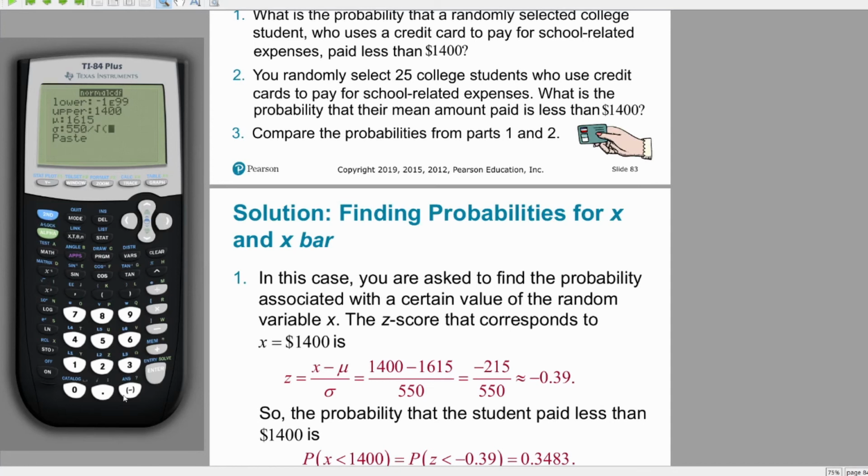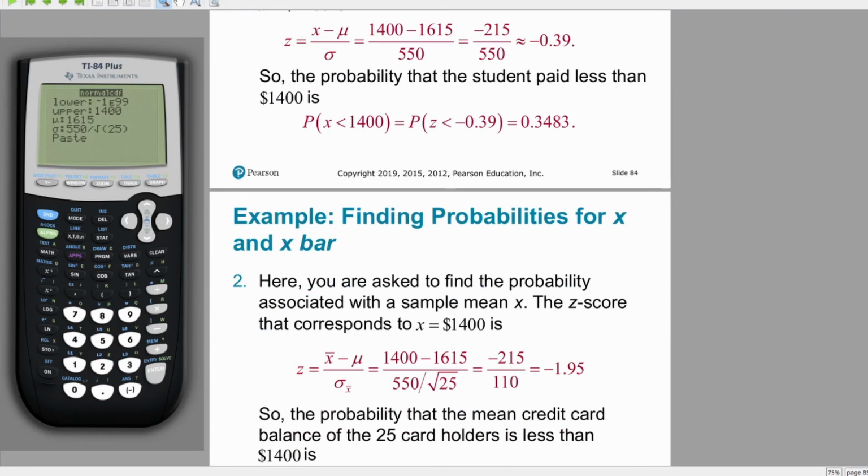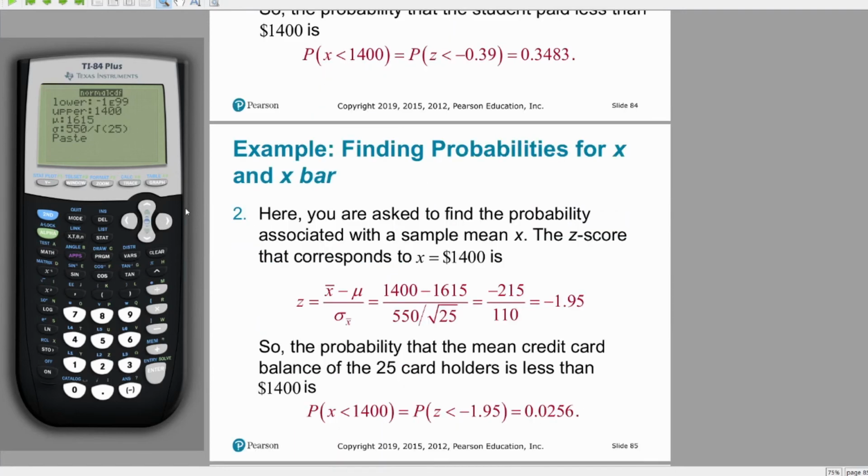We have to divide it by the square root of our sample size 25, where that is a perfect square, and it's going to knock down to just being 110, but let's be careful here anyway. And we're going to run that,